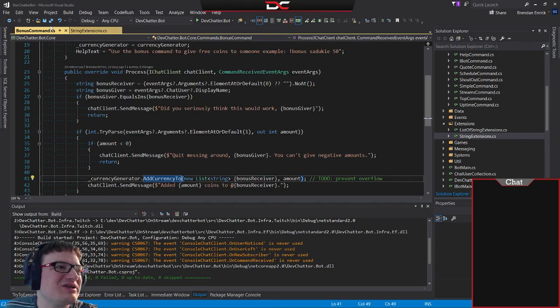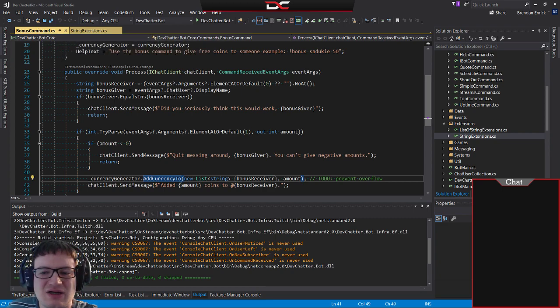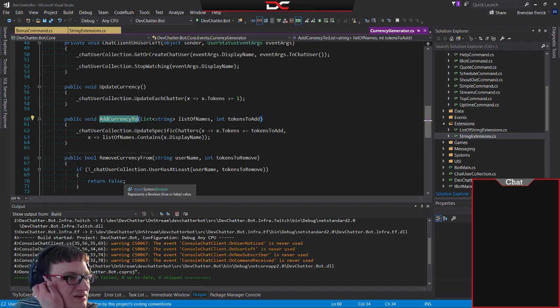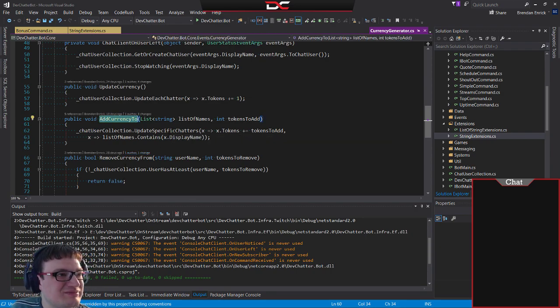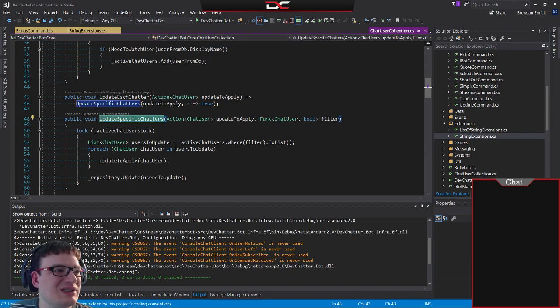All right, I'm going to have to dig into that one further. I'm not sure why the bonus command didn't work. I think it should have. Although it's got a little bit of weirdness there. Because even when we call this, tokens to add, list name contains display name. So even when we go to this, whoops, go to implementation, we come in here, we lock, we grab them out of this list, which I almost want to say